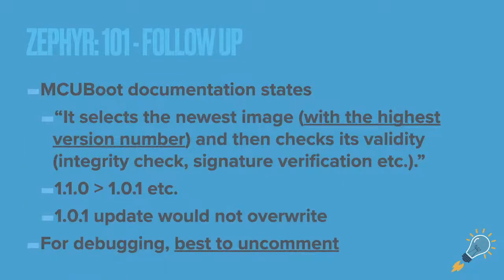The documentation states, and I haven't tested it, but I'm assuming the reason they have this version number is to make sure, like I said, that whenever you do an update, you have a newer version than the one that's already on the device. According to the documentation, it'll allow an update from 1.0.1 to 1.1, but you can't go the other way. And one thing I would say is, if you're doing a lot of local updates and local debugging and local development,